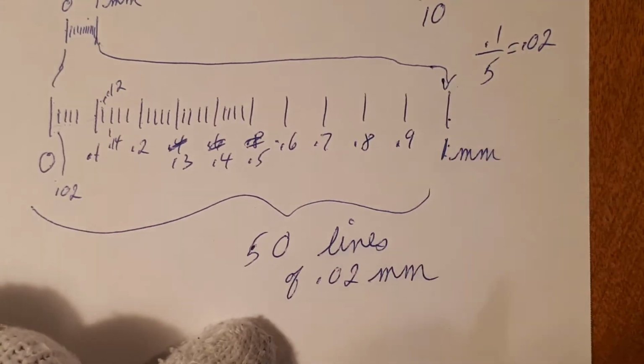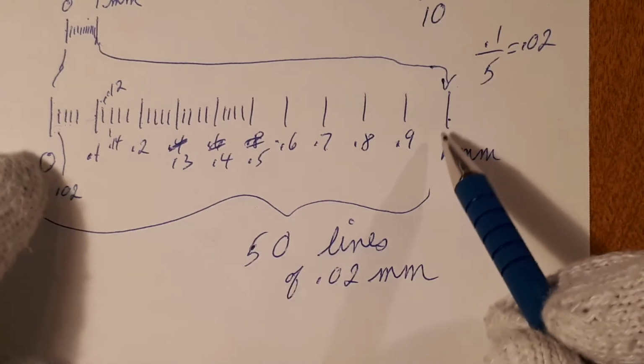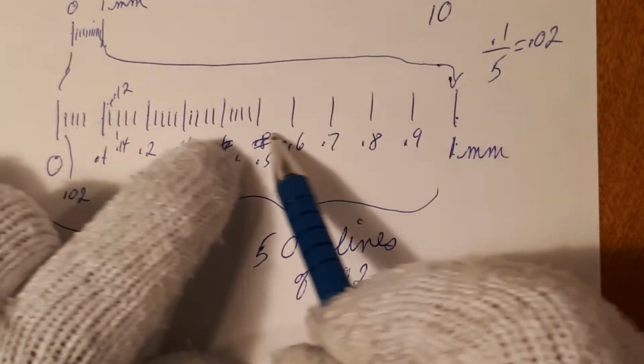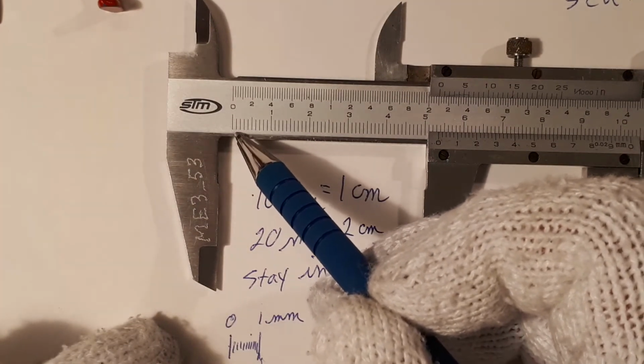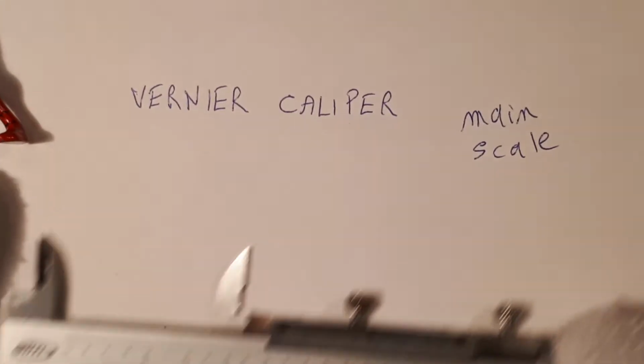Oh, excuse me, there we go. 50 lines, each one having a value of 0.02 of a millimeter. Basically I'm dividing from 0 to 1 millimeter into much finer segments. Now if I were to divide that into 50 little lines, well, you can't see it at all. And that's where the genius of a gentleman by the name of Pierre